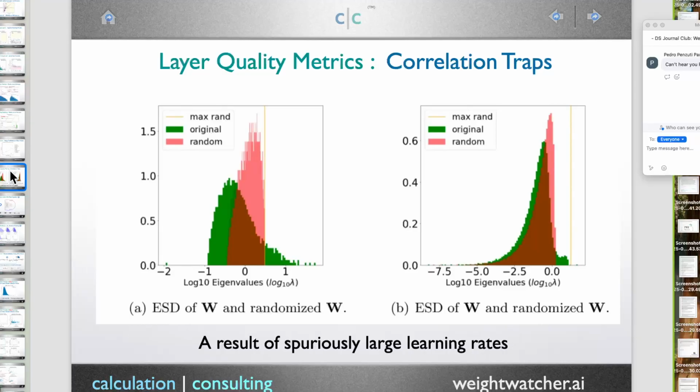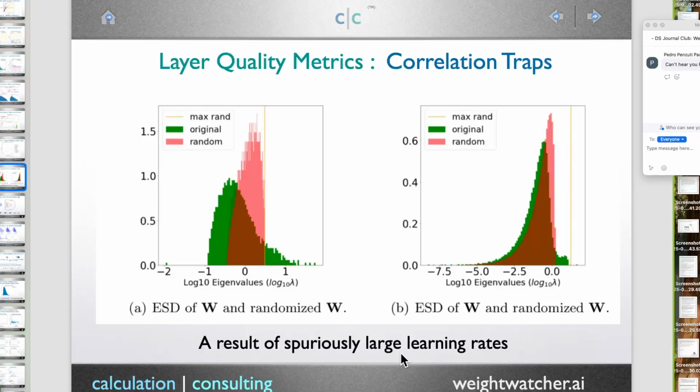I can send you a preprint of our paper. I warn you, it's a monograph. It's 120 pages long, but we go into very explicit detail explaining why these traps occur. We then show very specific experiments where you can train a model by systematically increasing the learning rate and then inducing the trap, and you can see exactly what happens.